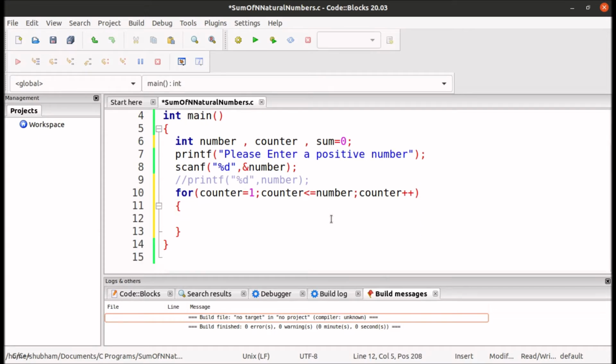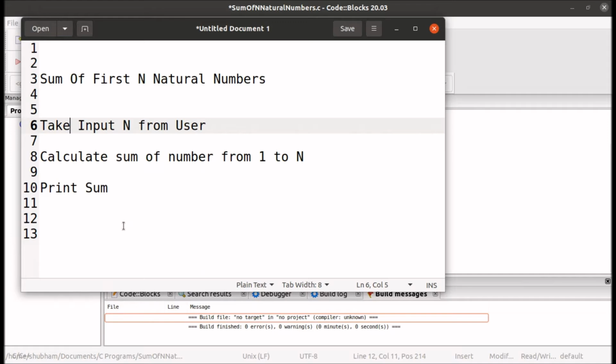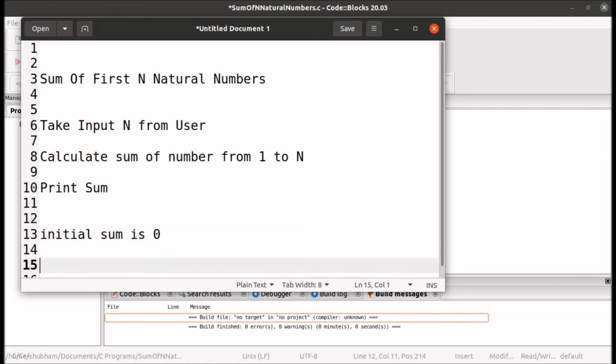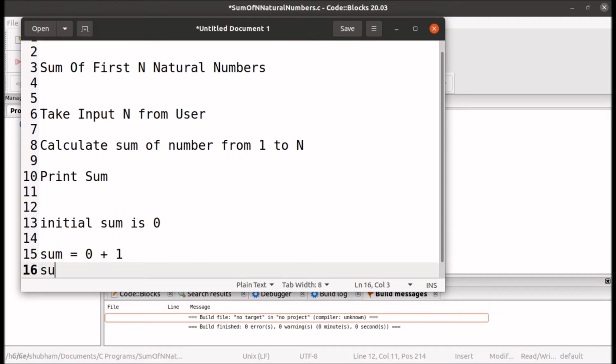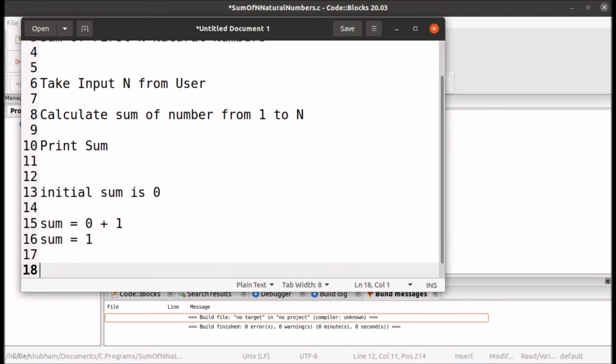Now we will understand how to write the main logic to add number from 1 to n. Initially our sum is 0. Now sum is equals to 0 plus 1, so it will become 1. Now the current value of sum is 1, so 1 plus the value of counter will increase.